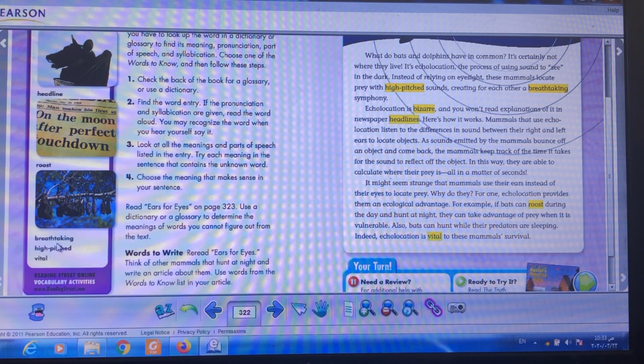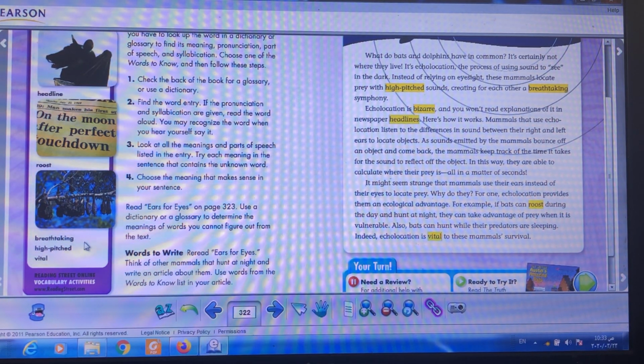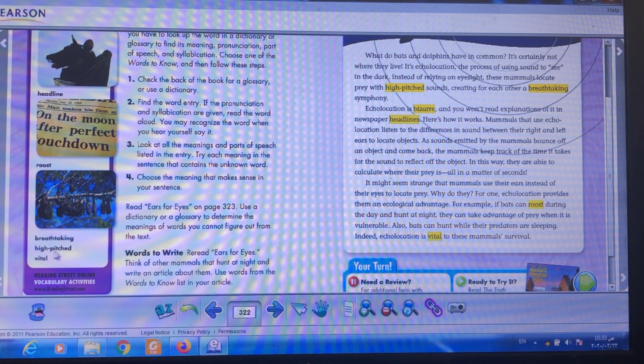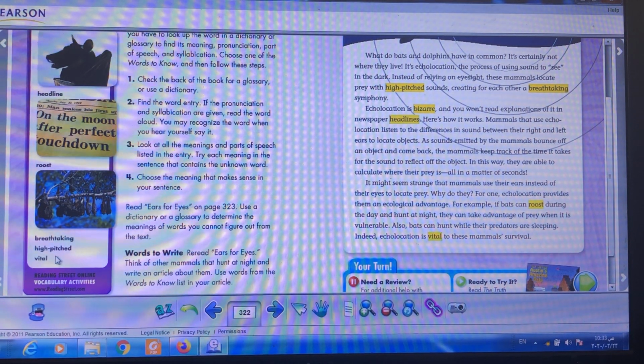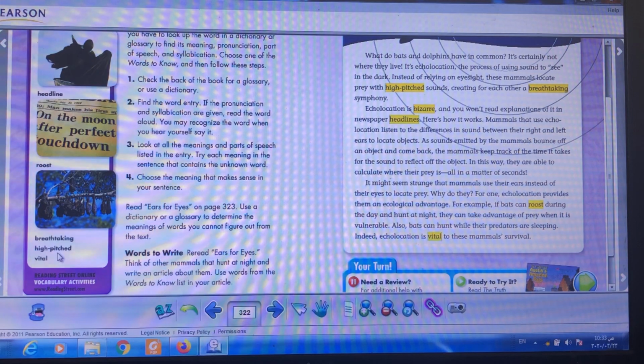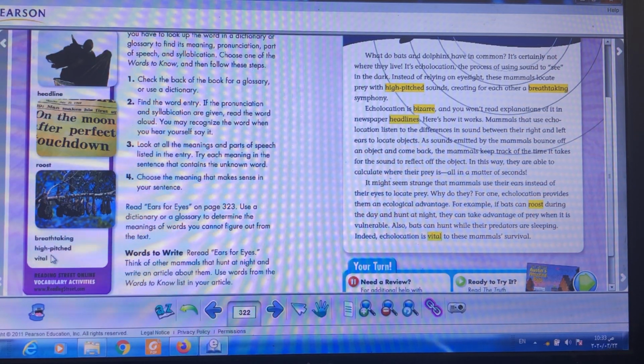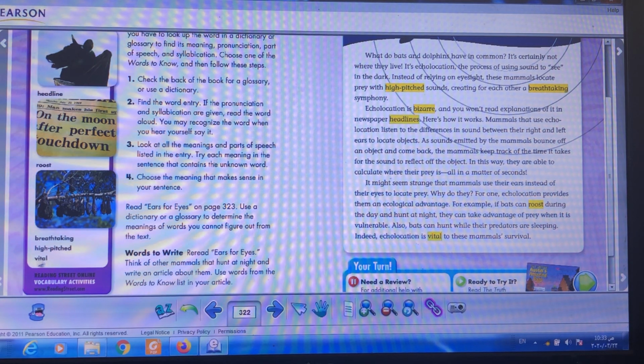Breathtaking means something that is very amazing, something that is impressive. High-pitched means when a sound is higher than other sounds, like girls when they scream, they have high-pitched sounds, as you know. Vital means important, or very, very important, not only important or necessary.